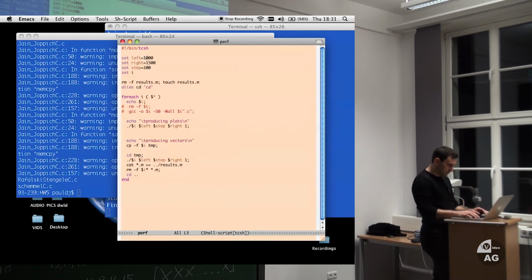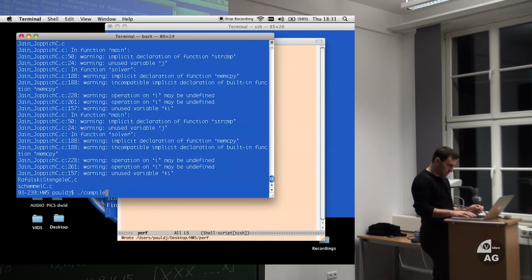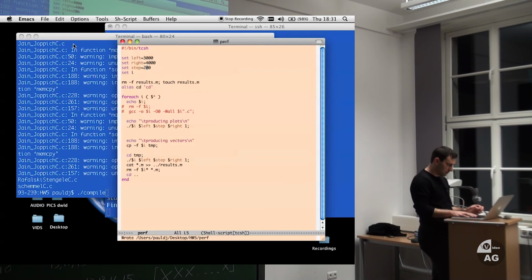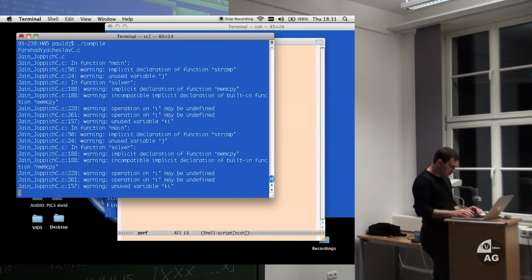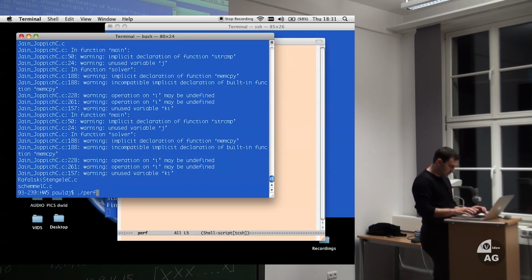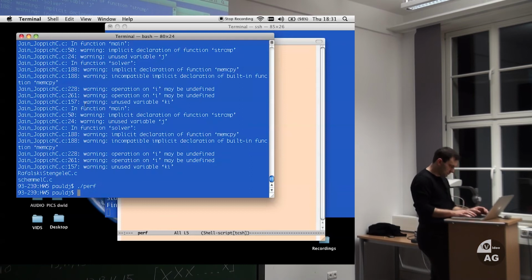Maybe just one value, not in the whole range. Maybe 3,000 to 4,000. Or maybe a step of 1,000? No. 500. Why? 200 is fine. So we do it's just 5. Not compiled. That was fast. Yeah.